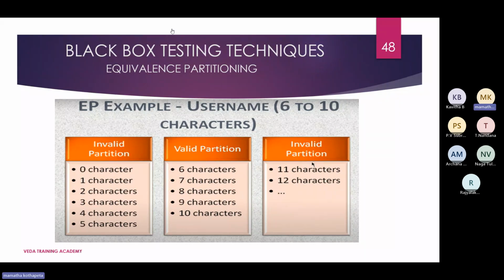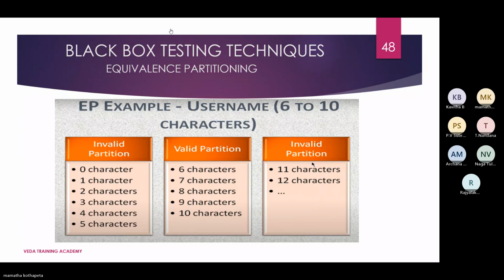So good morning. Yesterday we discussed testing techniques which come under black box. Our scope is not to discuss white box testing techniques. Our scope is to understand the black box testing techniques, in which we discussed in detail equivalence partitioning, also called equivalence class partition, ECP or EP. Right? So now we understand